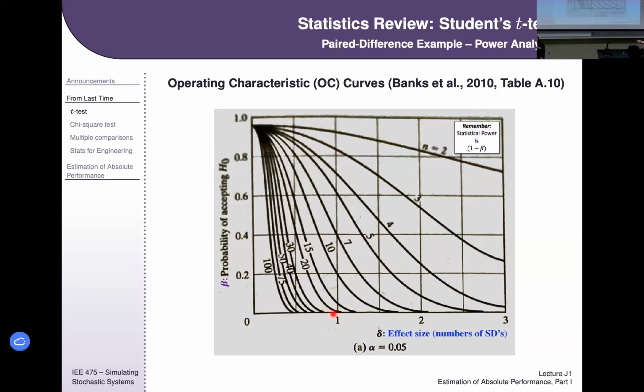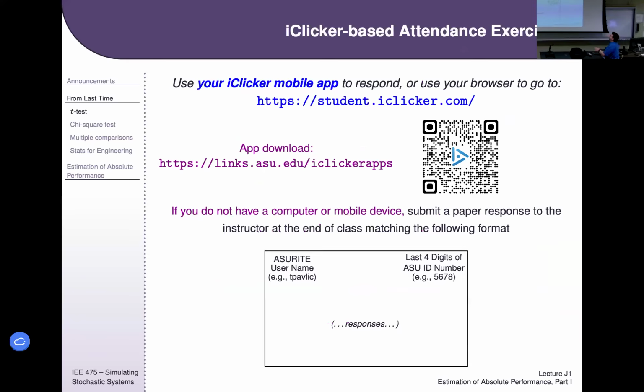Maybe it'll be easier, and if you get a delta of 1, well, that's very clear that 10 samples is what you need for 80% power. Any questions on the power analysis for the one sample t-test? All right, so you're ready for that homework then. Okay, so